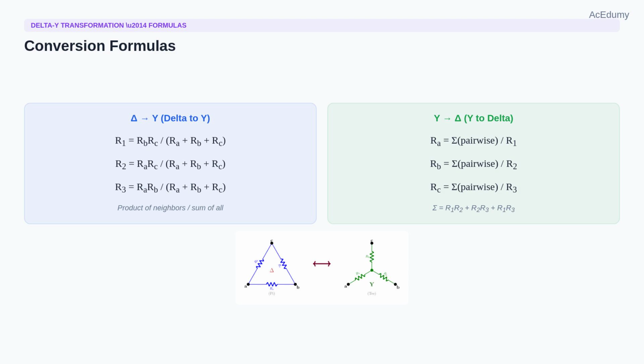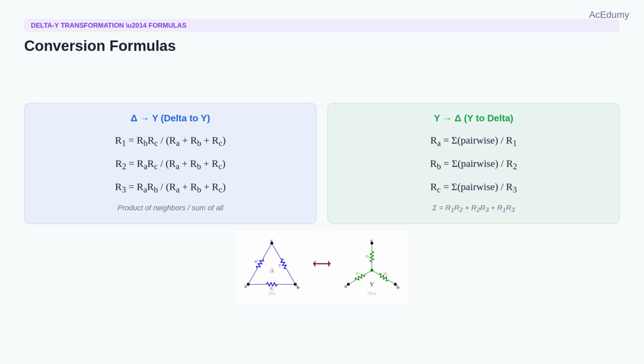To convert from delta to Y, R1 equals RB times RC divided by RA plus RB plus RC. R2 equals RA times RC divided by RA plus RB plus RC. R3 equals RA times RB divided by RA plus RB plus RC. The mnemonic: each Y resistor equals the product of its two neighboring delta resistors divided by the sum of all